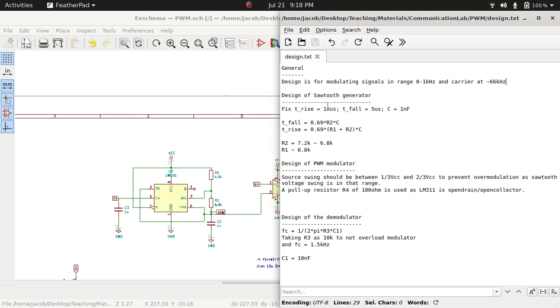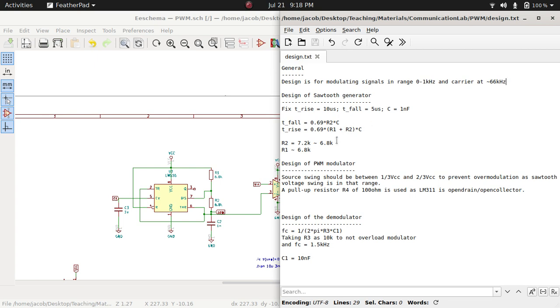So first, design of the sawtooth generator. In order to achieve the 66 kilohertz, we fix the rise time as 10 microseconds and the fall time of the sawtooth as 5 microseconds. So a total 15 microsecond period should give us 66 kilohertz frequency. And we arbitrarily take capacitor C2 to be 1 nanofarad. In order to determine R1 and R2, we can use these 2 equations